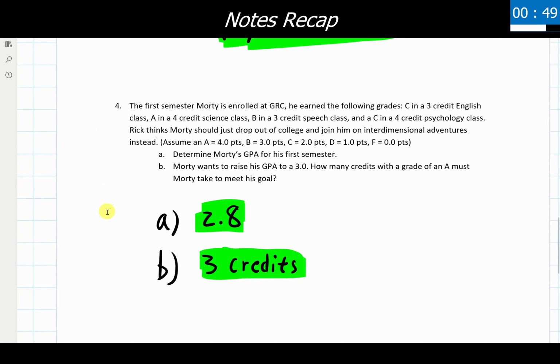Hopefully everyone noted with number 4, we never actually used the substitution method or the elimination method to solve this. That is correct. A fair amount of these GPA problems don't really lend themselves to either the substitution or elimination method, but the process that we used in this example is generally what we use with solving a lot of them out.